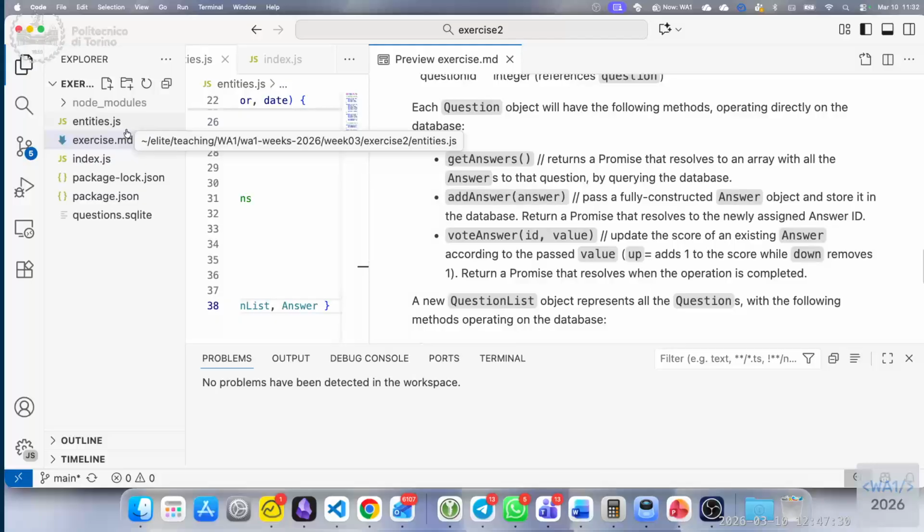We have the questions database here, and add SQLite to this project, just to see the full behavior of an API call, at least once. For example,